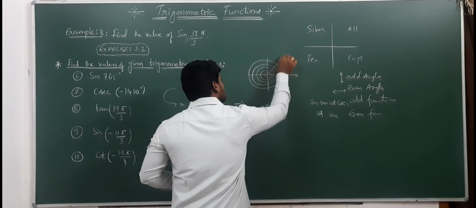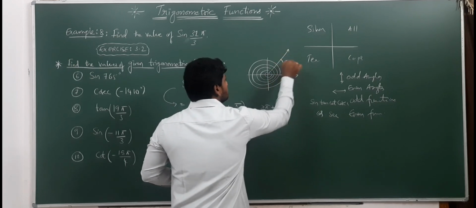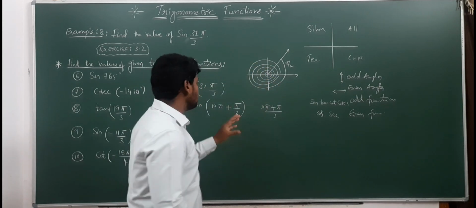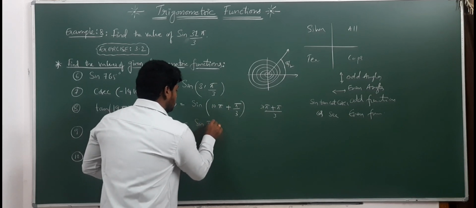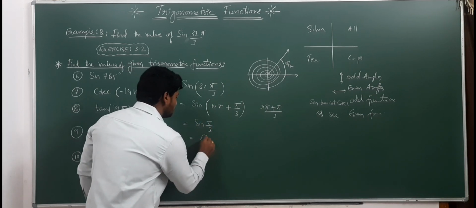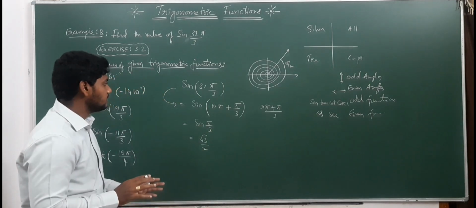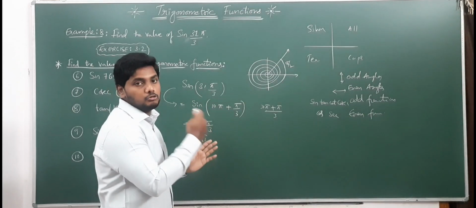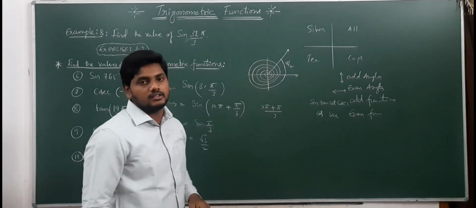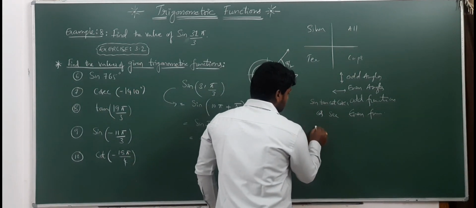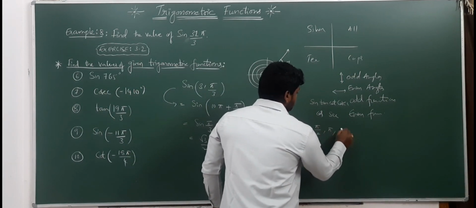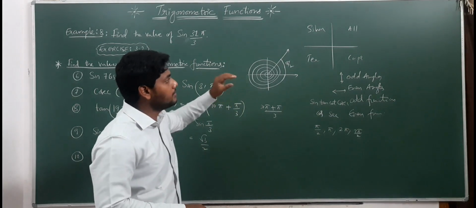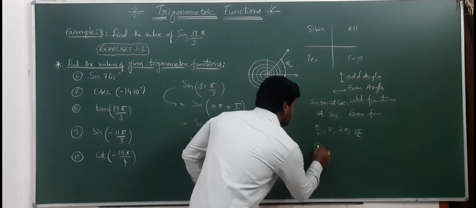In which quadrant it will be? In first quadrant, right? So as these values are 360 pluses, those all we can eliminate. Finally, what we can write, that angle is sine pi by 3, which is nothing but root 3 by 2. Did you understand here? So this is very easy. That we need to minimize in terms of pi plus or 2 pi plus with respect to any quadrantal angle. You know quadrantal angles? Quadrantal angles means it may be pi by 2, pi, 2 pi, 3 pi by 2. Nothing but angles on axis, whether it may be x axis or y axis, will be considered as quadrantal angles.